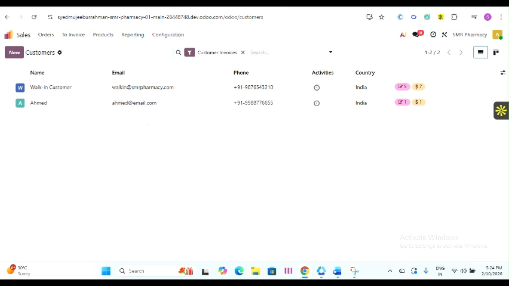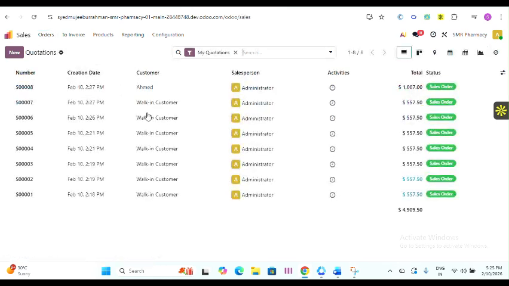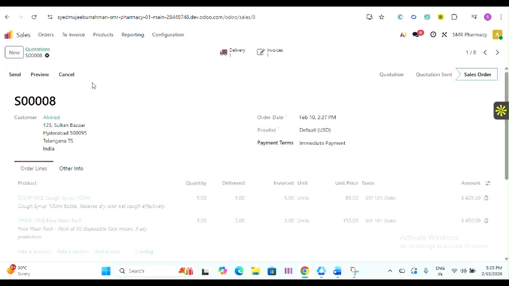Then I have to move into the sale order execution here. So we have to move into Sales, then into Quotation. In Quotation we are getting a lot of sale orders, right? A few of them are walk-ins and a few are not walk-ins, direct orders. So here the medicine sale is already executed. What we can do,